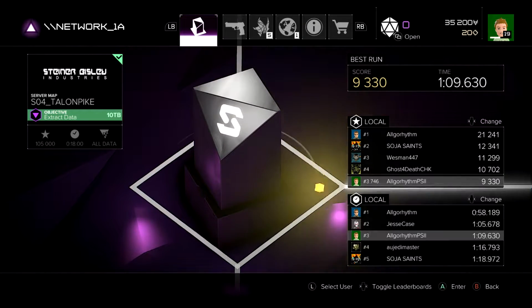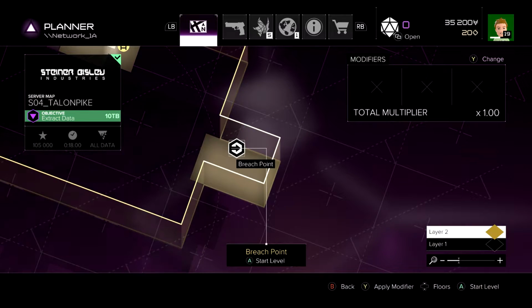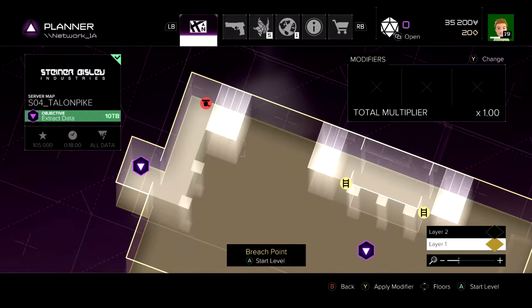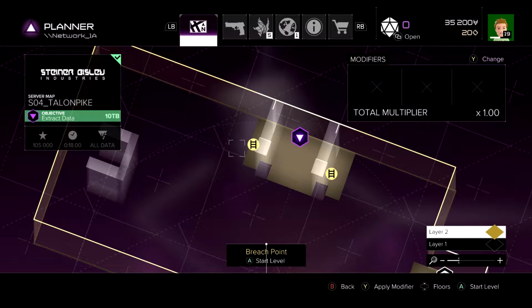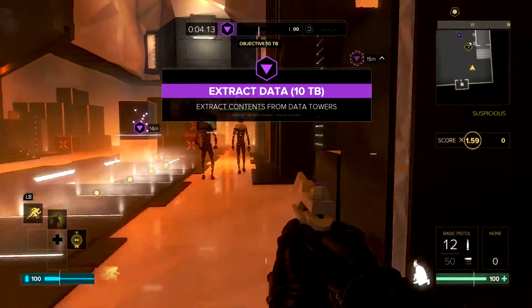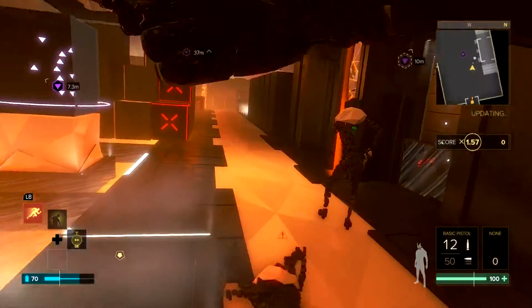The way that we approach it is we go directly to the first floor, take out 2 guards, get a data tower in the back, and then come and get a data tower on the side on the 2nd floor, jump down to the 1st floor, get a 3rd data tower that meets the minimum requirements for clearing the server,